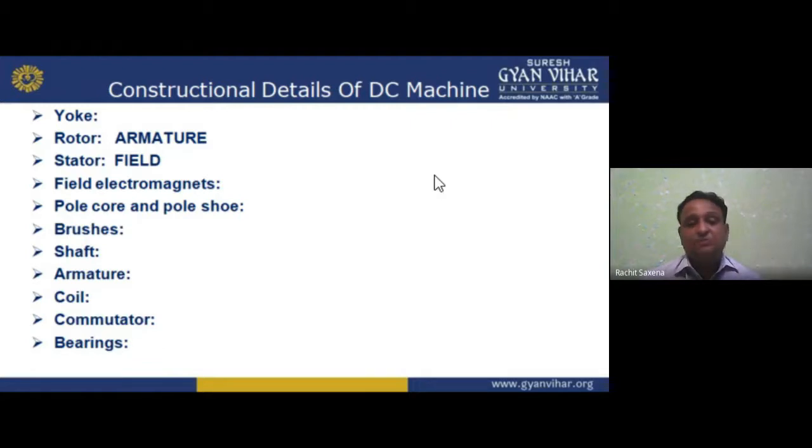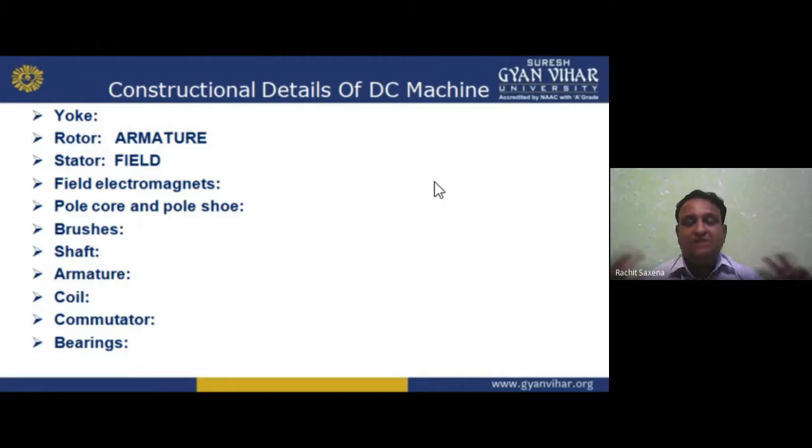So the commutator is playing an important role, which basically converts bidirectional current into unidirectional. Now I need another instrument which carries the current from the commutator and gives it to the terminal. That is your brush. Brushes are generally made up of copper, but to improve commutation, the reversal of current, we use carbon instead of graphite. Graphite is costly, carbon is cheap, so it has higher resistance. Understand all of this?